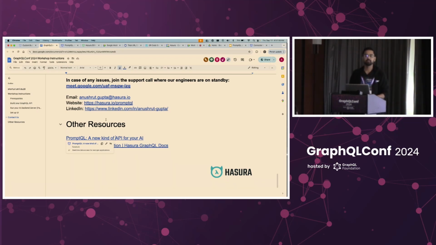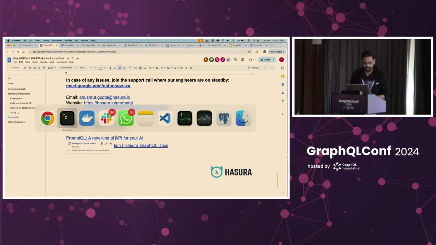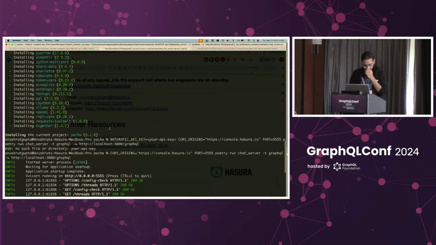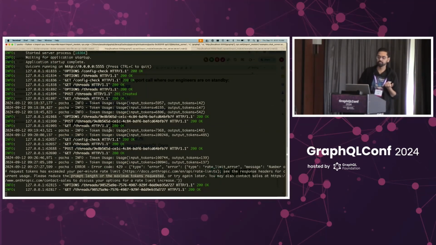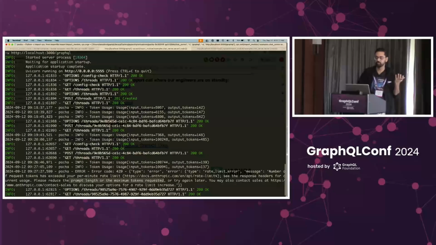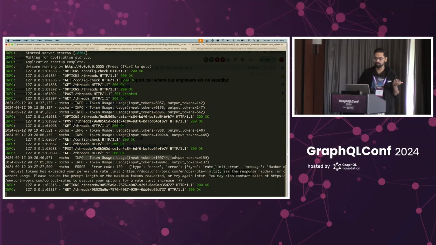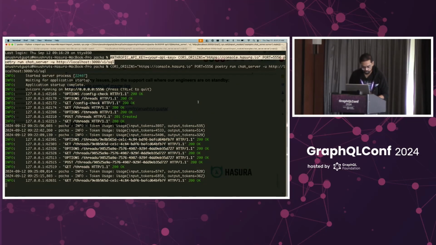A lot of questions from me. Okay. Yeah. So basically, if I would have run this in the debug mode, so basically this is the server running, right? So you see every token, so every LLM call that's happening, although we are also logging every user query that's happening, every PromptQL code that's getting generated. So if instead of doing this, if I show you,